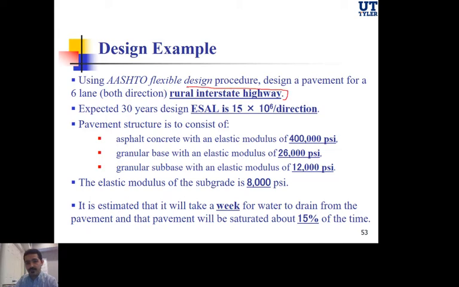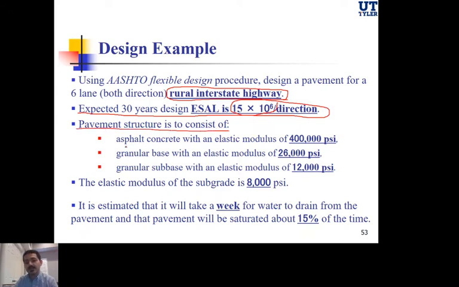And if you wonder why I'm putting this in bold, it's because this is going to trigger for me the reliability level needed. Then the expected 30-year design ESAL is 15 million per direction. Very important piece of information. And then the pavement structure